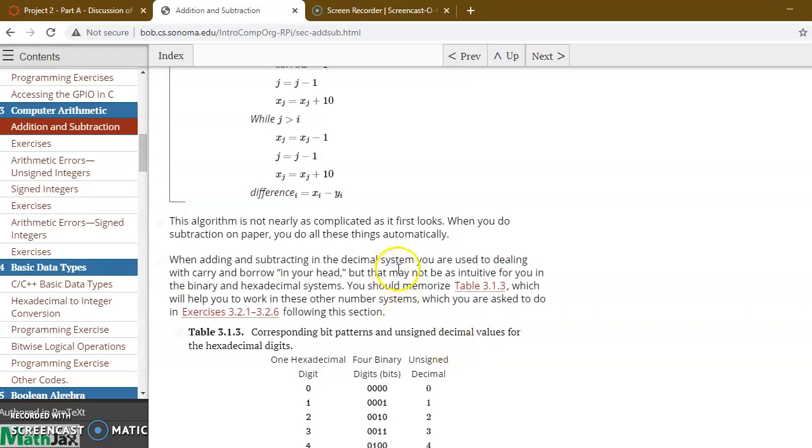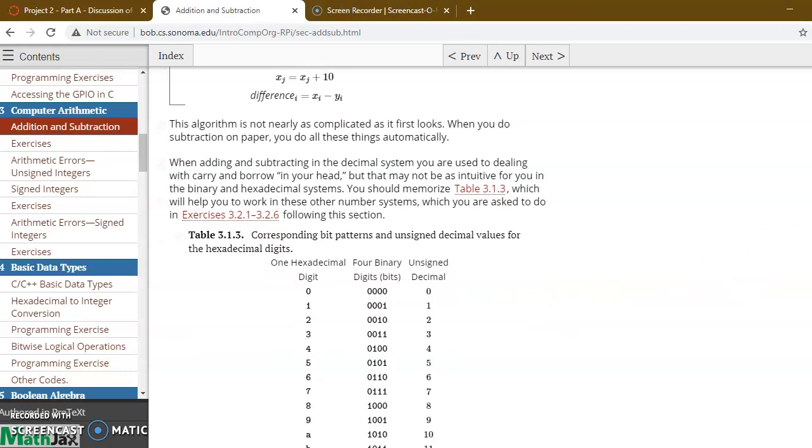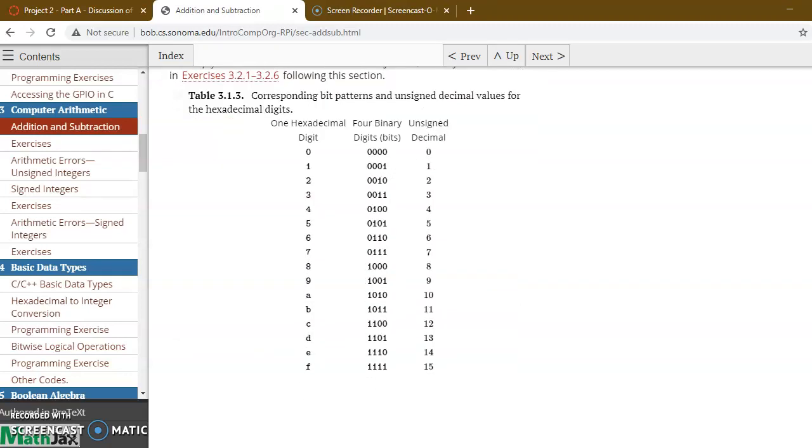So when adding and subtracting in the decimal system, you're used to using carry and borrow in your head. Carry for adding and borrow for subtracting, but it may not be as intuitive for you if you're working in the binary system. So if you're working with binary or in hexadecimal, you're going to work in two different ways. So if you're doing addition and subtraction, let me go down to,